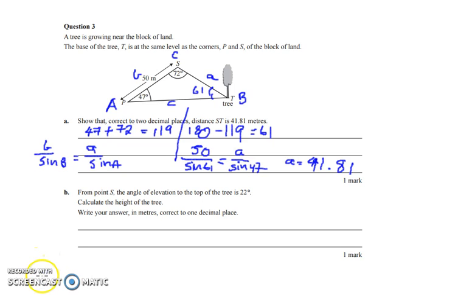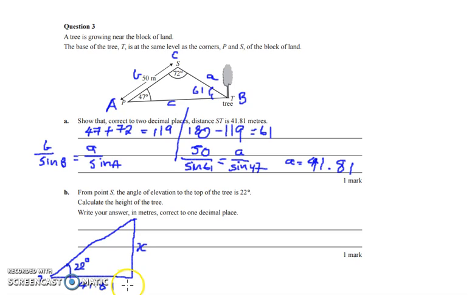So from point S, we can draw, there's the base, here's the tree, and the angle of elevation is, they say in the question, 22 degrees. We're trying to find the height of the tree, so we're trying to find this, and we need one more piece of information. The information actually comes from part A. Now, if you didn't get part A correct, there's nothing wrong with you using the answer from the question in your part B. You'd still get full marks from the assessors. So